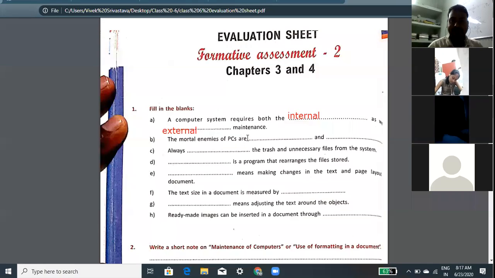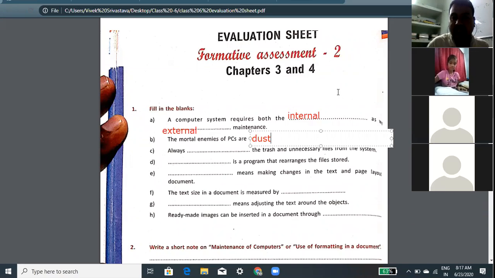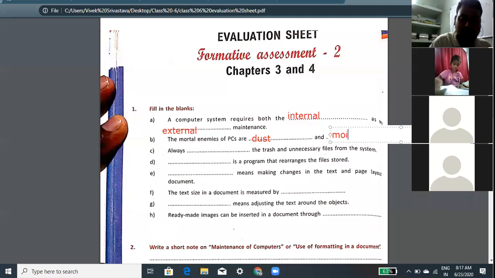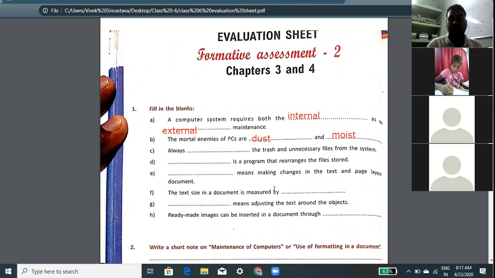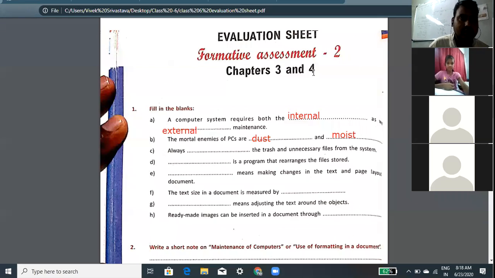Now, number B. The moral enemies of PCs are dust and moist. Okay. Number B answer is dust and moist. Completed.